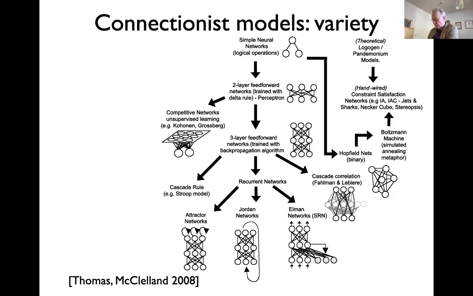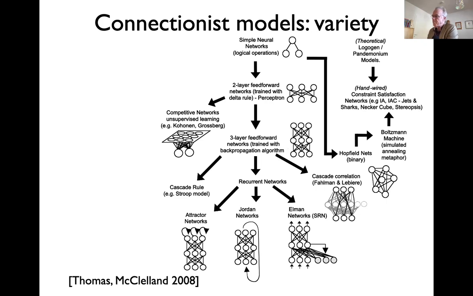I can't do justice to all of this. The universe of networks that through their connectivity arrive at capturing some function is very large. And that includes all the networks that I personally am working with, the dynamical field models, which are a limit case of attractor networks, which are strongly recurrent neural networks. But the networks that you might be very familiar with are these feed-forward networks, where there's a unique directionality of coupling. When they are called deep, it just means they have many, many layers and also many neurons.